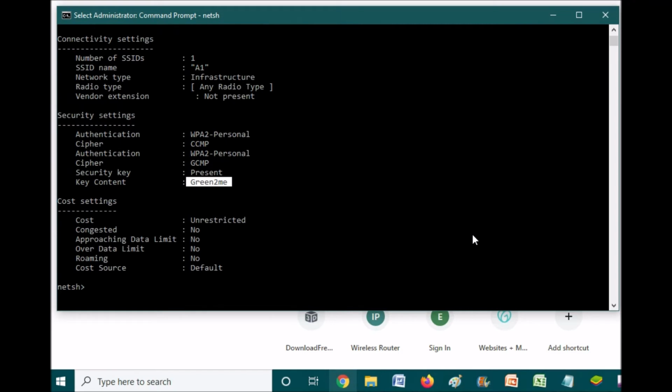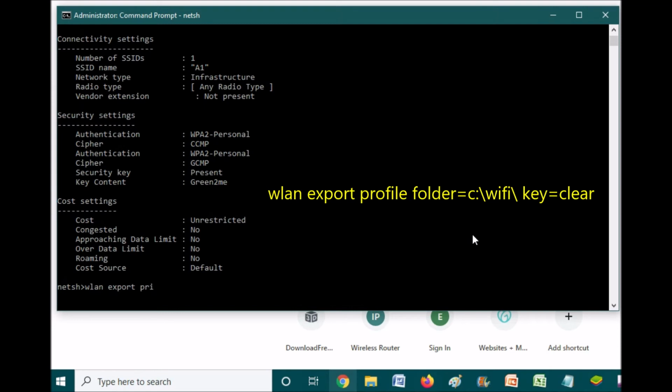If I want to export or see all the Wi-Fi passwords in one go, what we can do is export them to a file and then open it either in Notepad or in any browser. So to export all the keys and passwords, just type wlan export profile, then the folder where we need to export, C:\Wi-Fi.